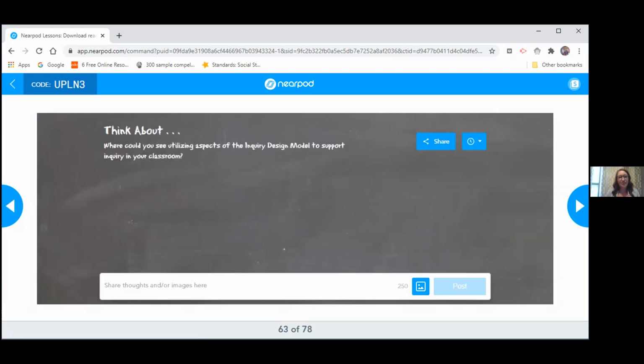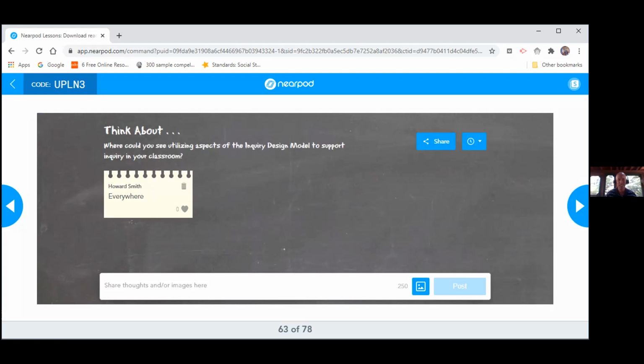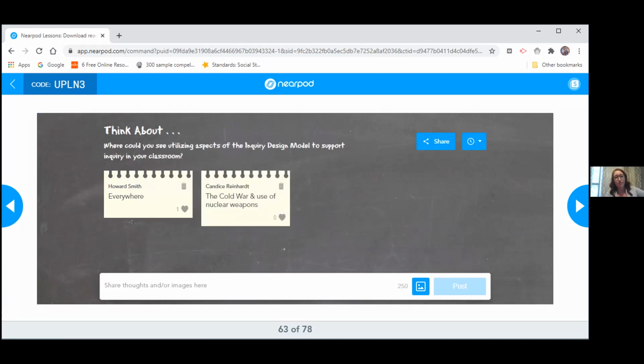So on the collaborative board, if you could share some ideas, because I know that when I hear about these things, I think, oh, I could use this here and I could use this here. Everywhere, I know. That's what we want you to say. But I have to tell you that we've actually moved back from the full-blown inquiry. We went full-blown into it, but then COVID happened and we didn't have kids in classrooms and we didn't feel like we could engage in some of these activities.